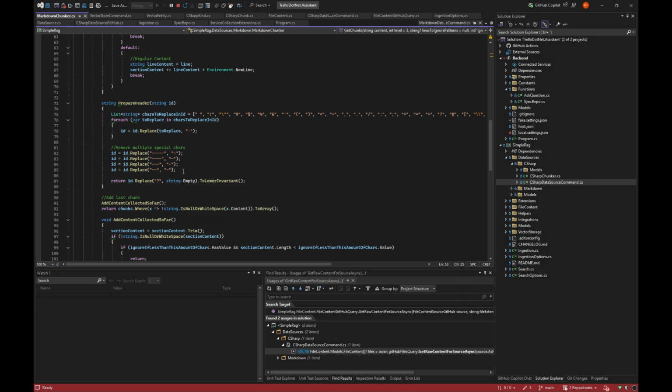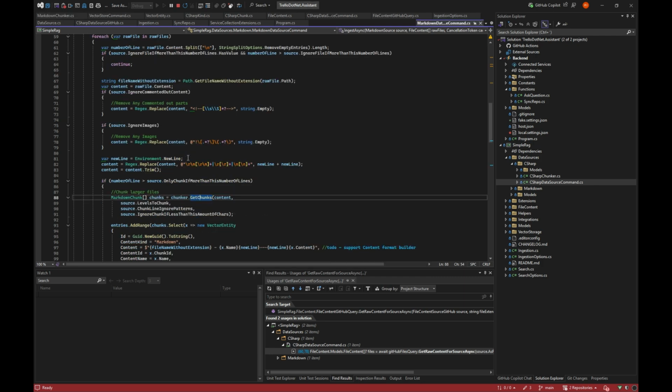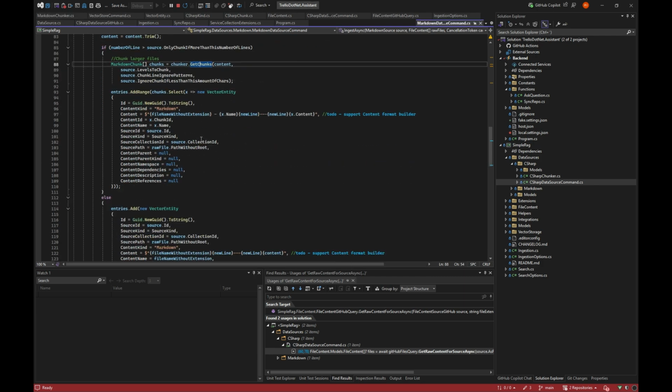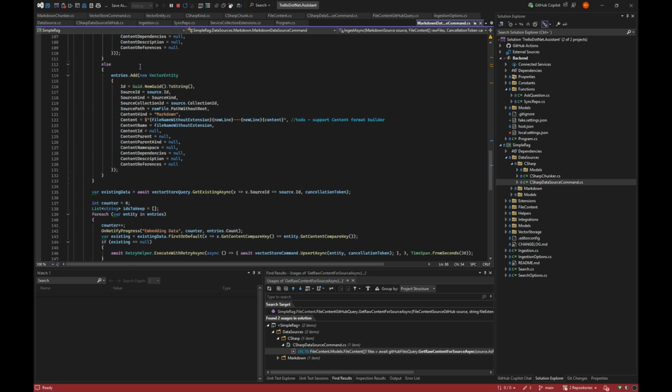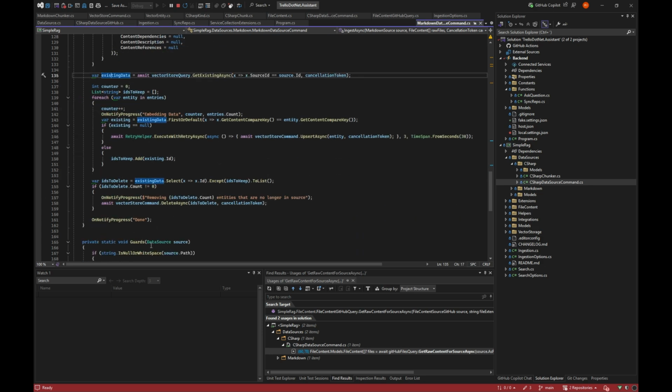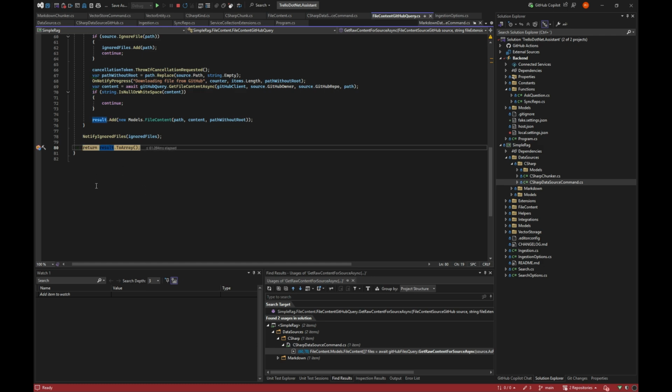The other one was code analysis, but this is text manipulation. And at some point it gets back and makes a vector entity, because they fit both code and Markdown. We get the existing ones and do exactly the same as before.